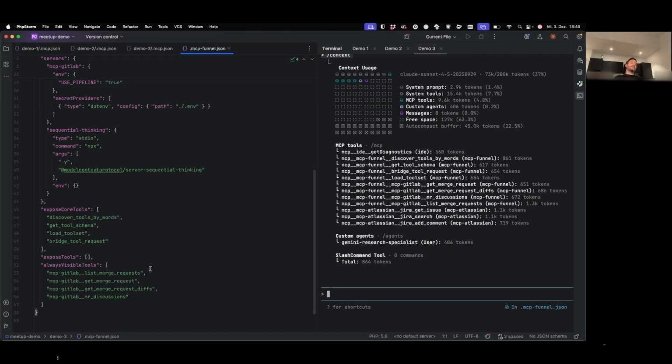So if you have different tasks that you might need to do, to give me our initial example, I don't have to do this. I just say, okay, look up the merge request, and it will work. It will look for the right tool to use, provide it, and Cloud Code can then use this tool from the MCP server without preloading it into the context. And that's the benefit of it, giving you context back, giving you the option to actually use Cloud Code the way it's supposed to be without worrying.